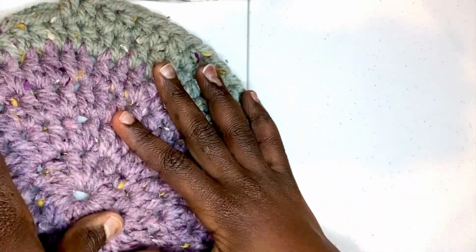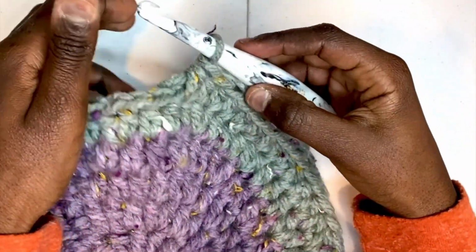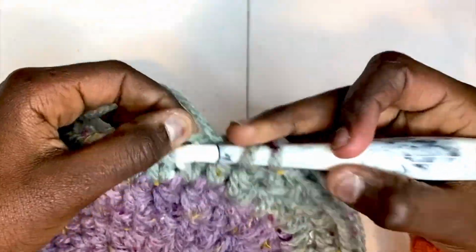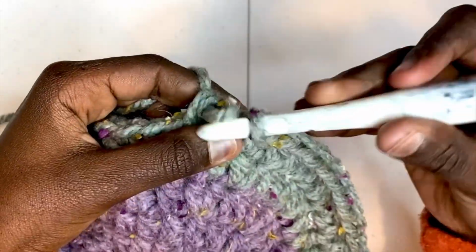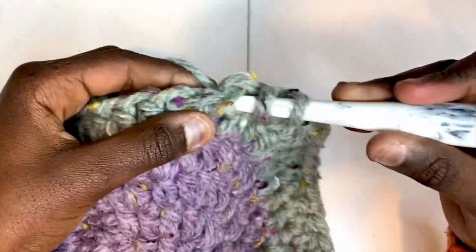Okay, so I'm back, and you can see I finished my 5th row, and I've even started my 6th row because it's so simple I didn't need to take you through the start of it. So what you do is you'll start by chaining up 1, and then you're going to work 2 half double crochets in the first stitch,